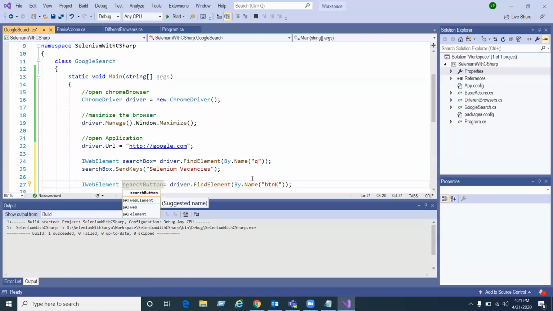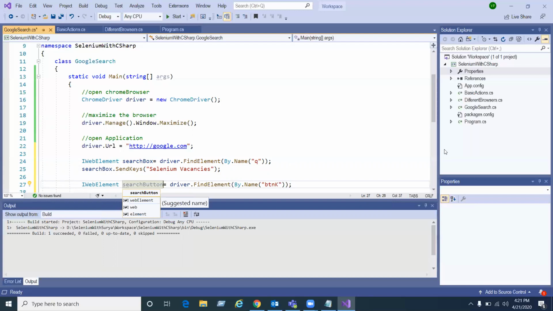While working on a project, don't just give variable names like X, Y, Z. Based on what you are trying to use and find in the application, you need to use proper names. If you use X, Y, Z, nobody is going to understand your intention.